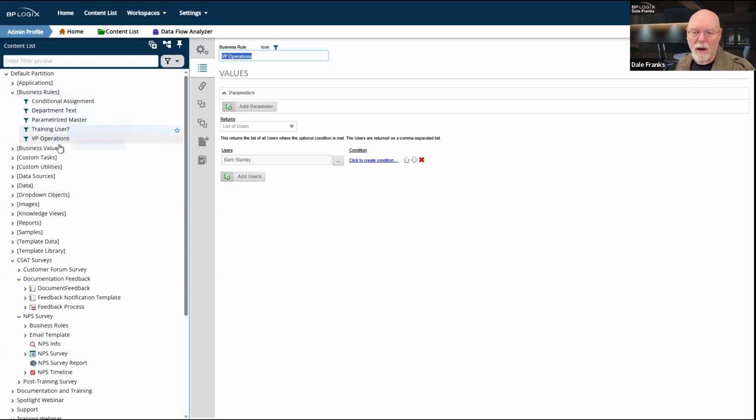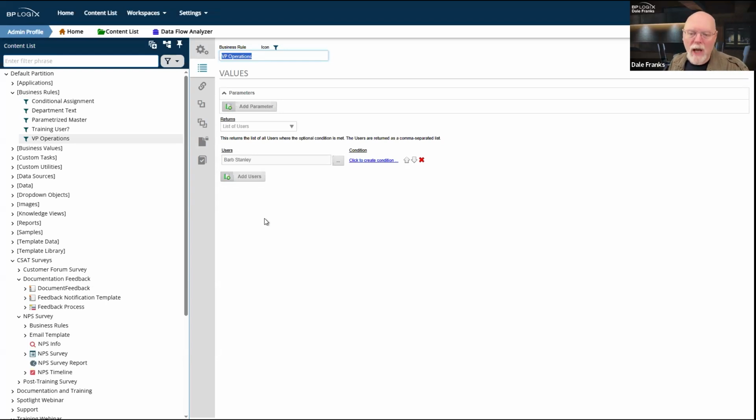You could make a whole bunch of business rules in here and give your developers access to it so that, for their particular applications, they can go in and change the business rule, and they don't have to have any administrative access to do it. So it largely depends on how your system is set up, and how much administration you as a system administrator want to do in terms of uploading and updating groups.